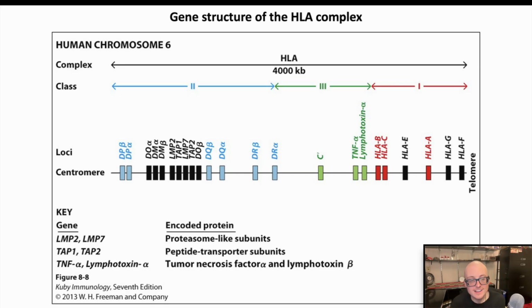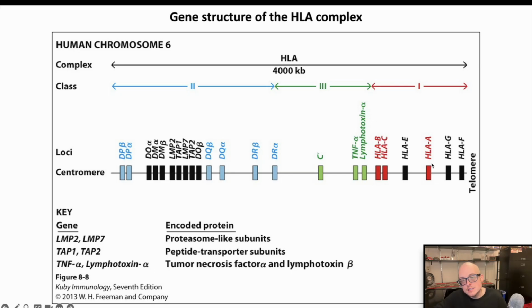So moving down the line from the class 2 region, we can see that within the class 3 region, we have some innate immune molecules, as I said, like C-reactive proteins, as well as TNF family cytokines. But moving right along to the class 1 region, which again is more important for our lecture today, notice that there are also 3 genes that are highlighted here in red. Those are HLA-A, B, and C, which again are the classical class 1 MHC genes that actually present antigen,